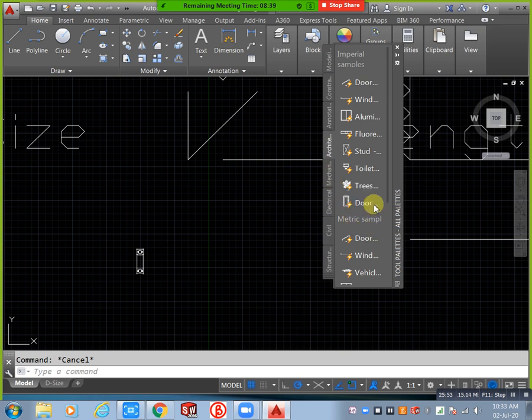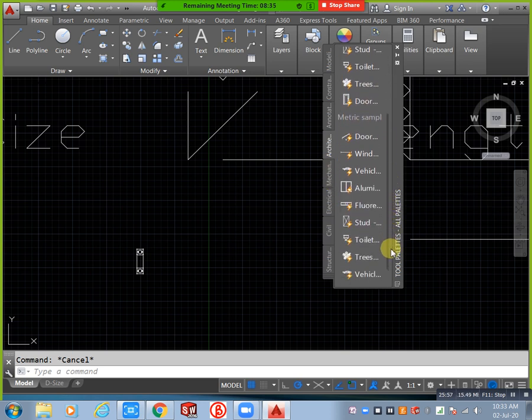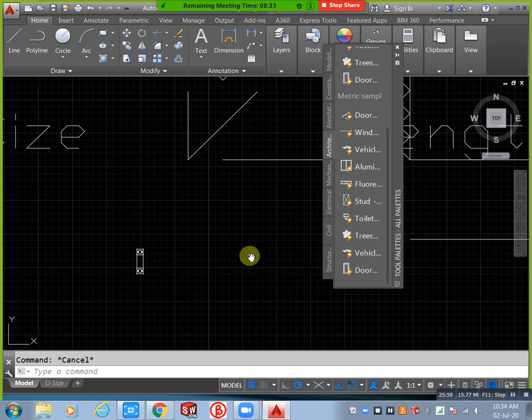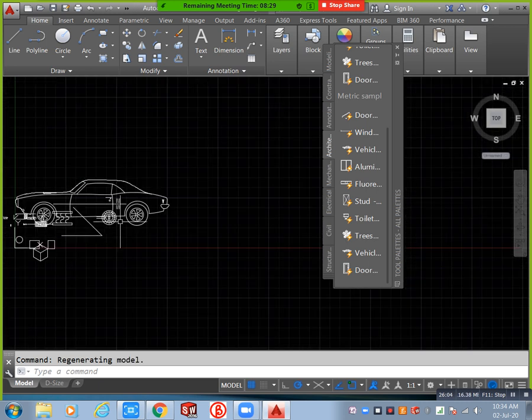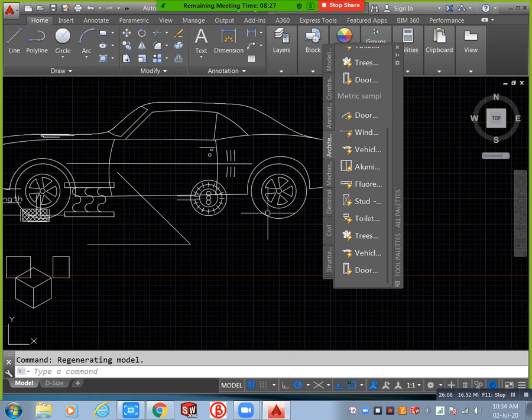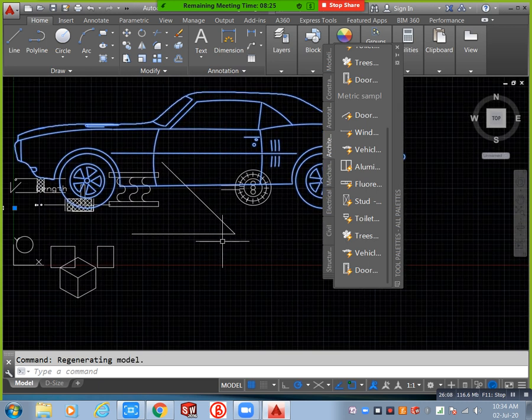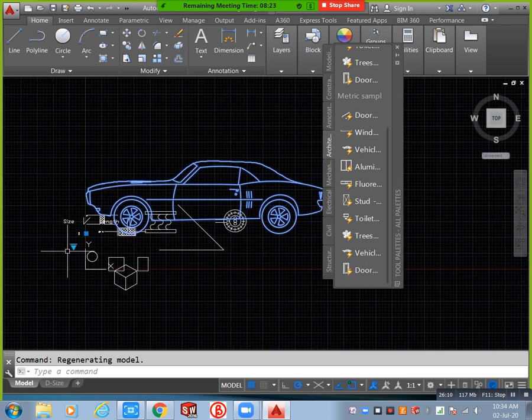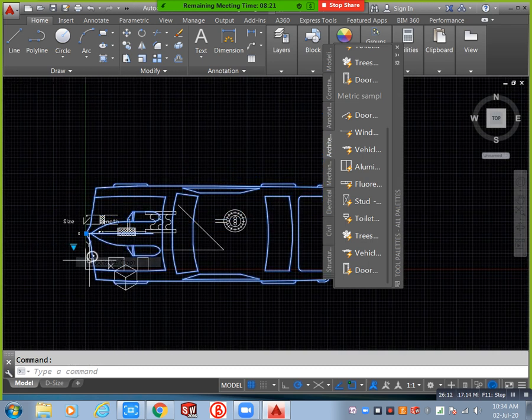Just you can select, and automatically you get a drop down here. If you need to change your view to top view, it changes automatically. If you need to change to front view, it changes automatically. Based on your requirement you can change that view. Means in tool palettes our changing requirements are applicable, but in design center changing requirements are not applicable. That is the difference. Next we will go for Control 4.